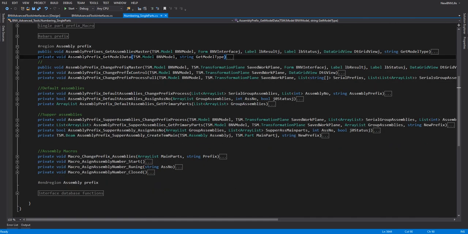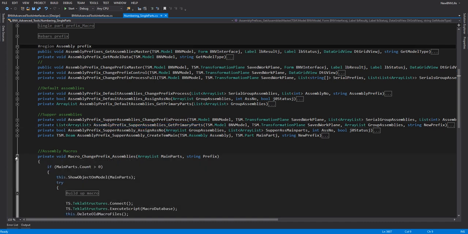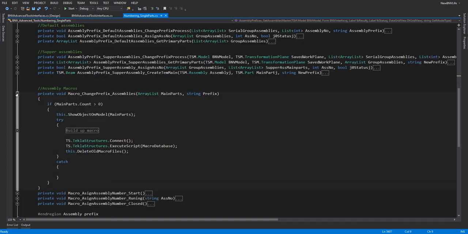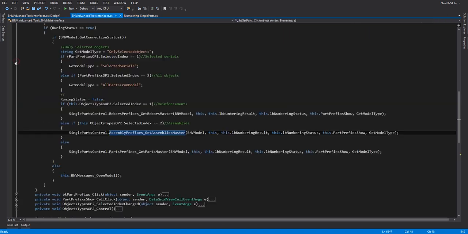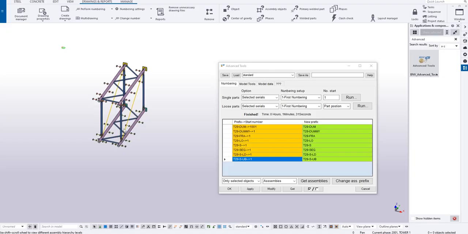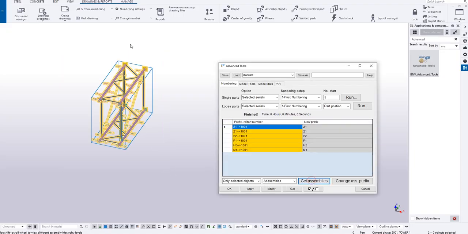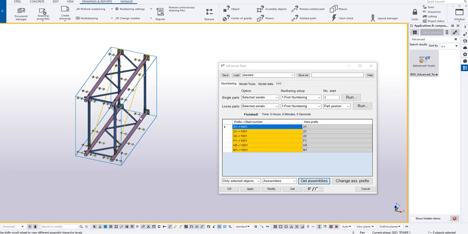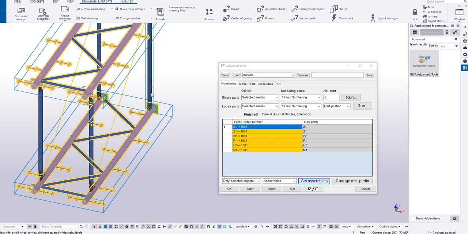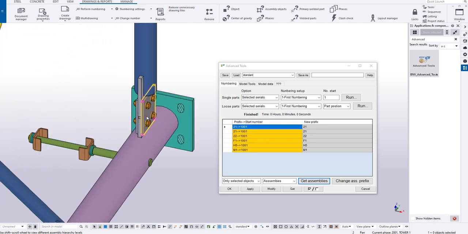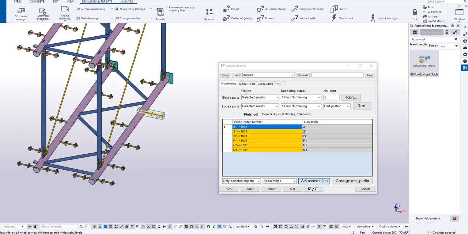The rule is the same as for the bar and rebar, but we have two types: assembly and super assembly, and we do each one by one. We make a macro to change the assembly position and a rule to assign numbering for each. Yeah, that depends on your idea. You can easily make it for other similar structures in a project with super assembly, including multiple assemblies, and with other levels with single and small structures.